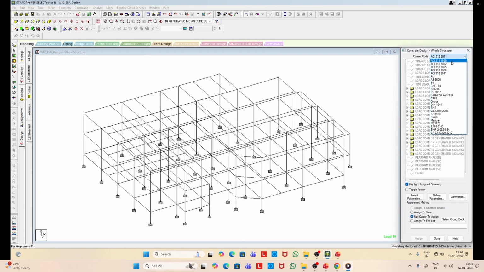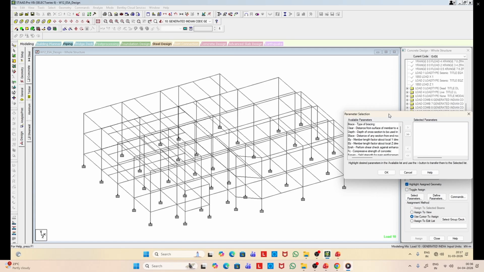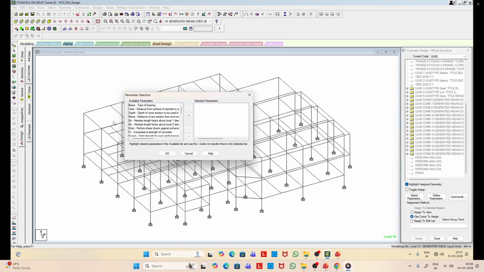So let us select concrete, and for concrete design we have to identify the code. It is IS 456, and then select the parameters. Now you can see there are different parameters as per this code.